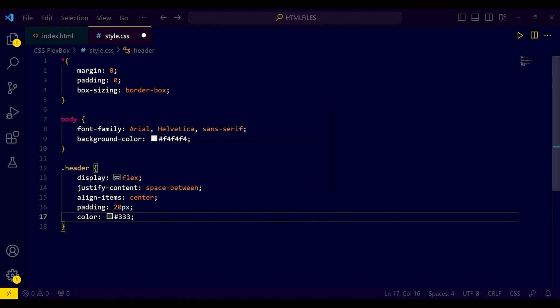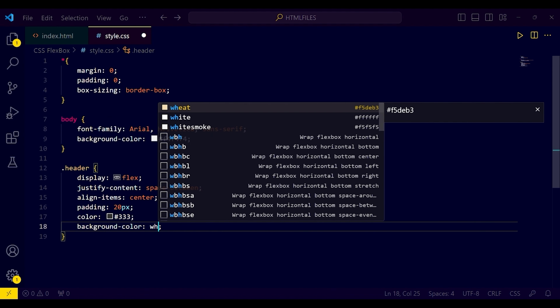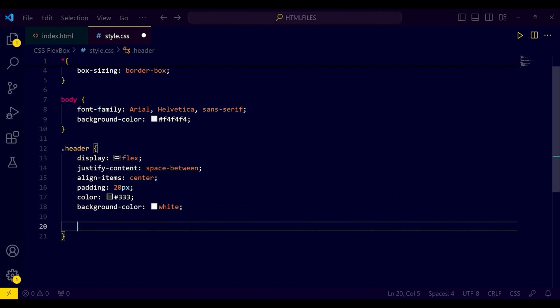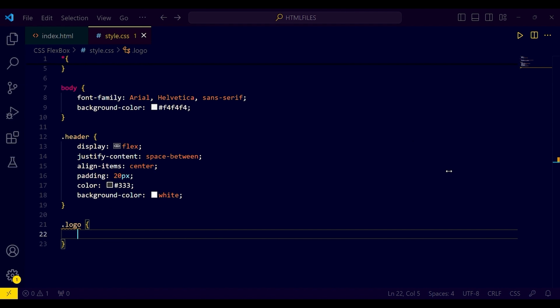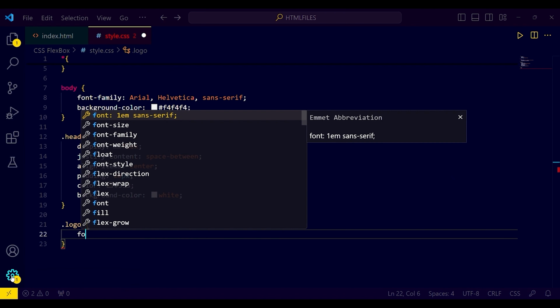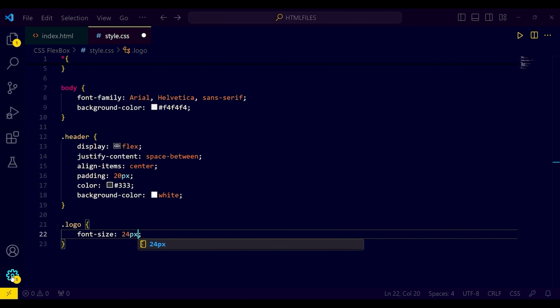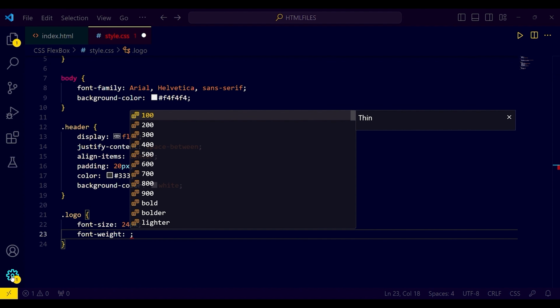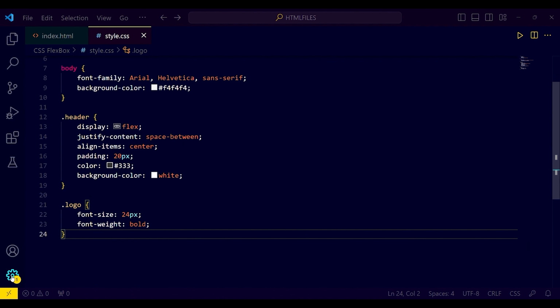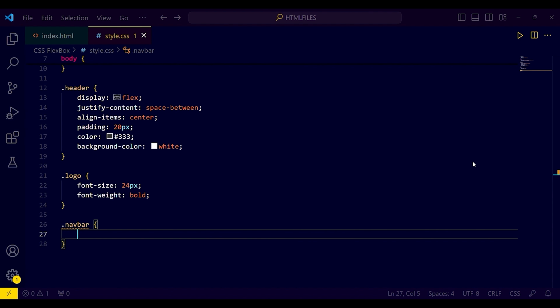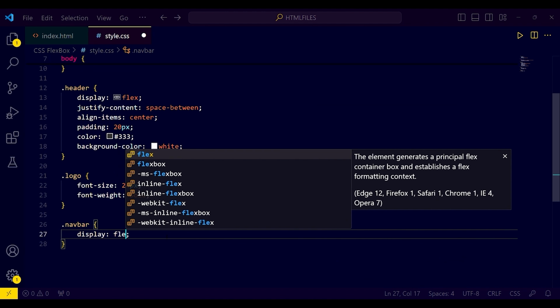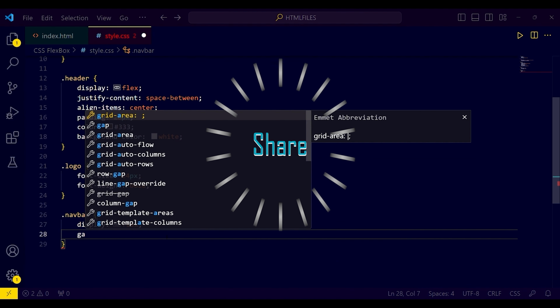Let's dive into the key features of Flexbox and explore how we can use this powerful tool to create dynamic and responsive layouts. At its core, Flexbox is all about creating a flexible container that can adapt to different screen sizes and devices. We can do this by defining a Flexbox container, which is essentially a parent element that contains one or more flex items. These flex items can be laid out horizontally or vertically depending on the needs of our